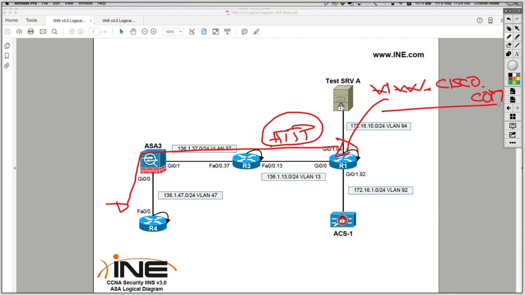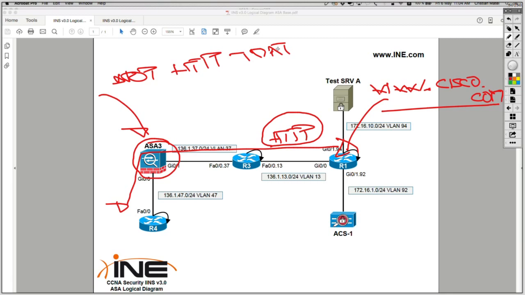He wants to access cisco.com, and actually it ends up initiating an IP session destined to router 4. You can go on the ASA and you may state to drop HTTP traffic